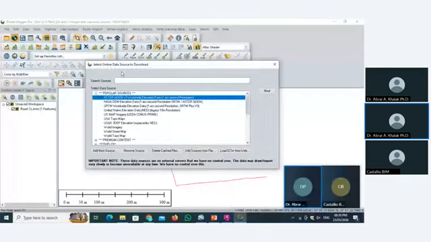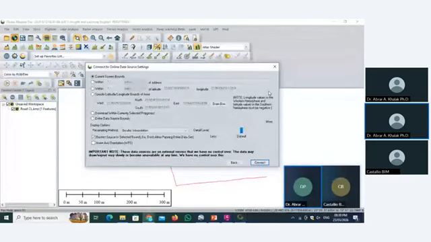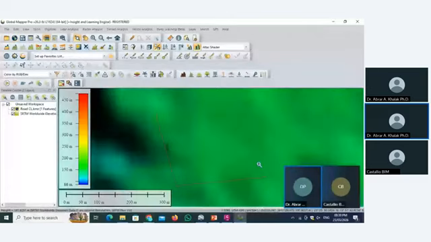If you are selecting this Esri view, it is well and good, no problem in that, but I prefer SRTM for elevation. So next, connect it to the internet. See, now Global Mapper perfectly gives all the data as extracted per the Google Earth data. Okay, now we export this file